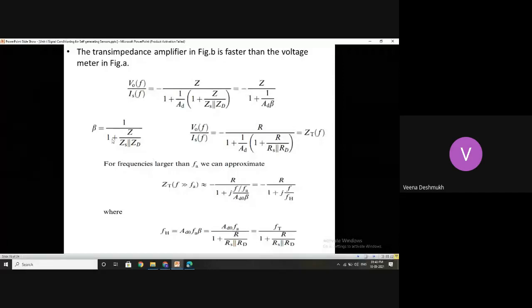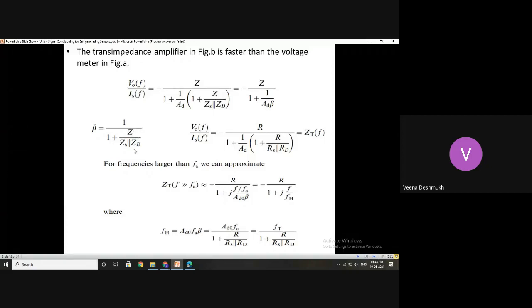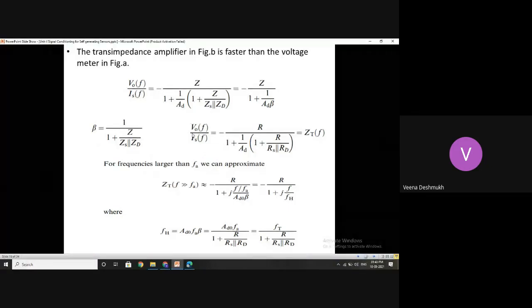Similarly, here your feedback factor is also dependent on the overall impedance Z and the parallel combination of the source impedance and the device impedance. So this gives me the feedback factor. Now your overall impedance, that is the trans impedance, is nothing but output voltage divided by the input current. This in your transistors also you might have come across, the forward impedance or the forward path, forward gain. This gives me trans impedance.